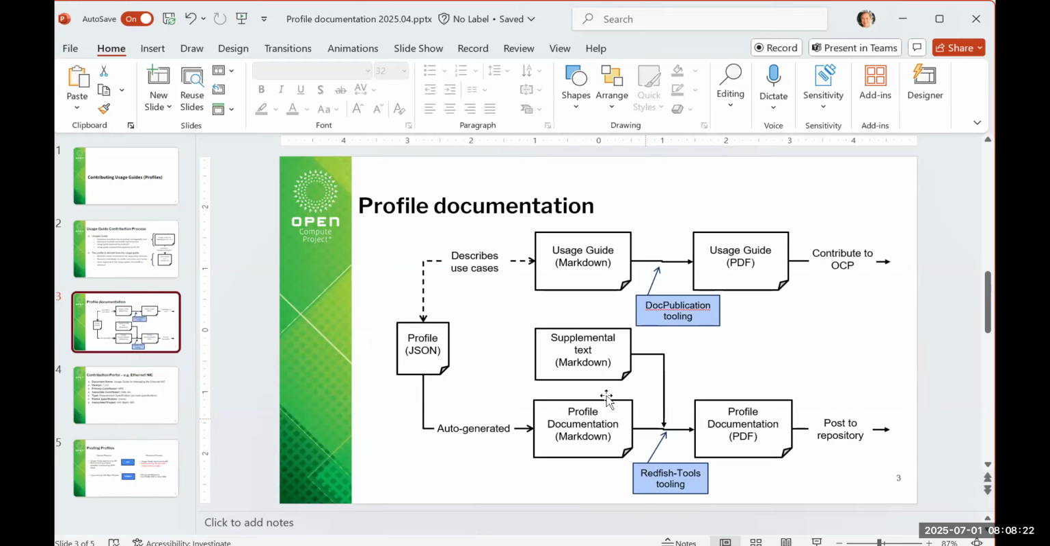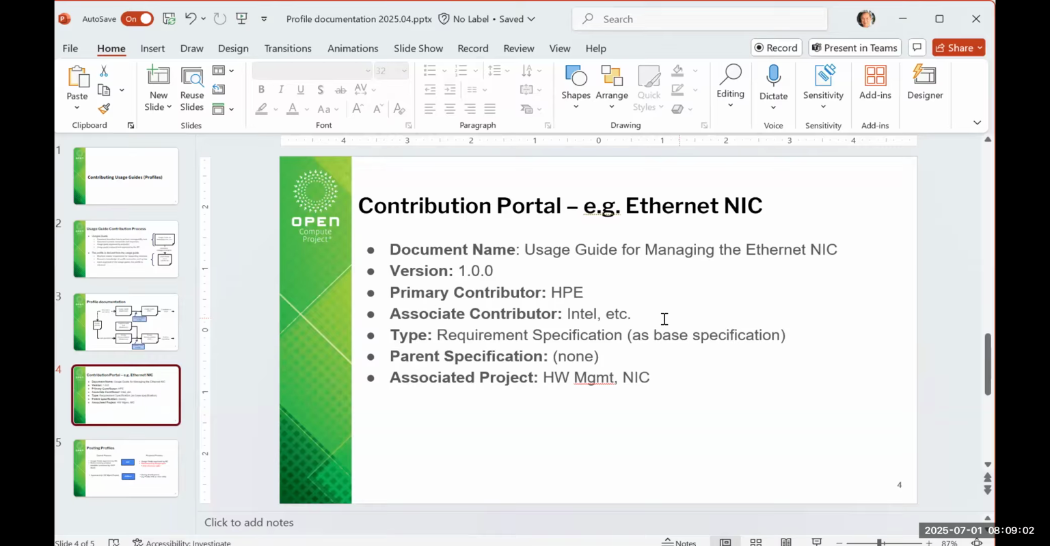Okay. So in the contribution of the usage guide, this is what I have for the Ethernet, and we'll do that for your profile also. Oh, for the reference service profile, the OCP service profile. Sorry. The more the merrier. OCP likes, since it's an open source kind of thing, they like to see multiple contributions,